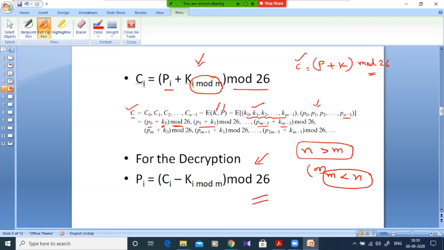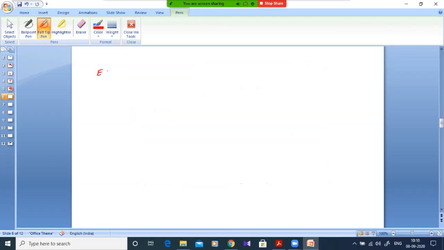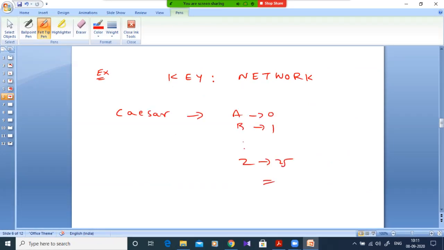Right. Now see, I'll take an example so that we can get more clarity. Everyone, please note it down. The key is OCCURRENCE. We can take any word. I'm taking a different word. Key is occurrence, and for the plain text I'm giving something different: We have discovered, save yourself, something like this message, which is there in the examples.